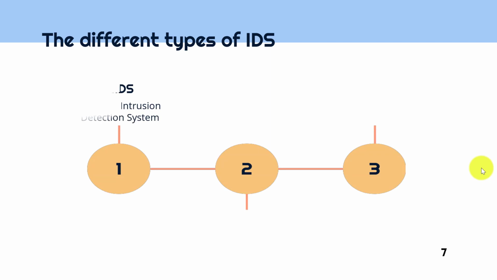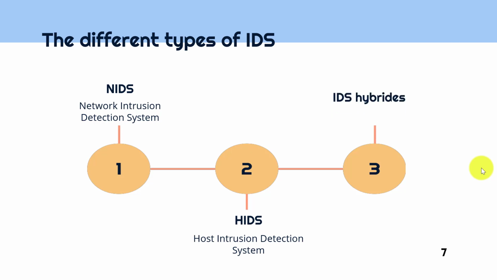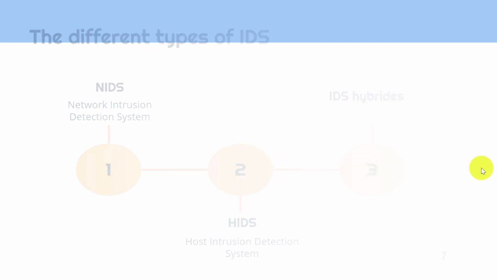Now we see the different types of IDS. The first one is a network intrusion detection system. The second one is host intrusion detection system. The last one, IDS hybrid. Now we see